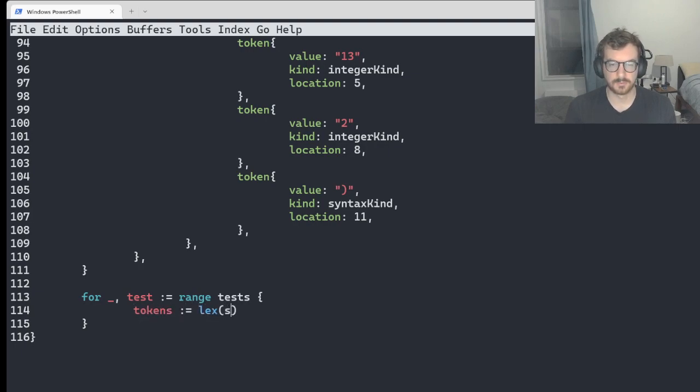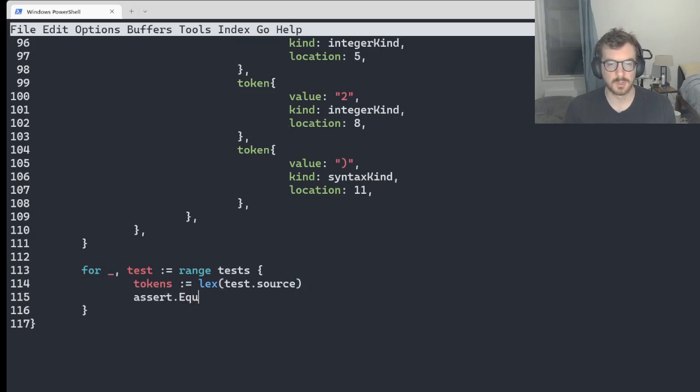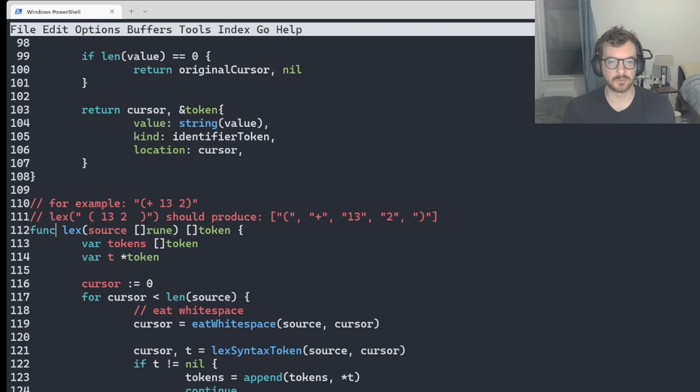Tokens, lex, test by source. I wonder if I can just check if all the tokens are equal to what. What is the issue? What are you complaining about? Okay. So one thing we can do to make this easier is that we can accept a string here,